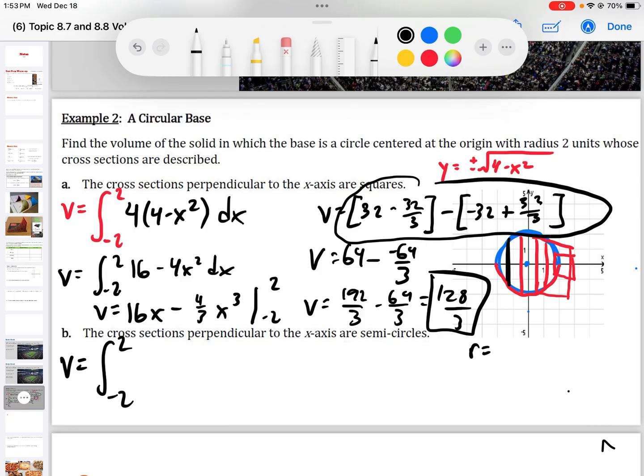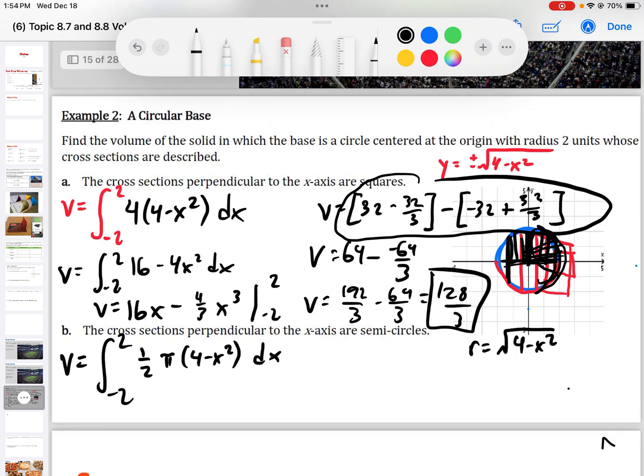So the radius for each semicircle would just be that distance, right? Because it's coming up in 3D, the radius is just going to be the distance from the x-axis to either one of those. So the radius will just be 4 minus x squared. All right, so the semicircle will be 1/2 pi times the radius squared, so it'll just be 4 minus x squared